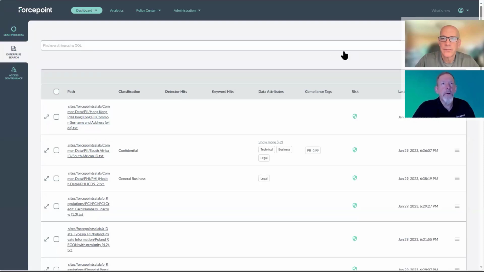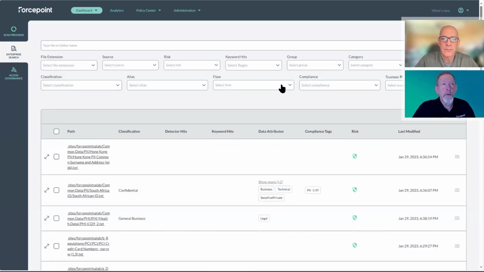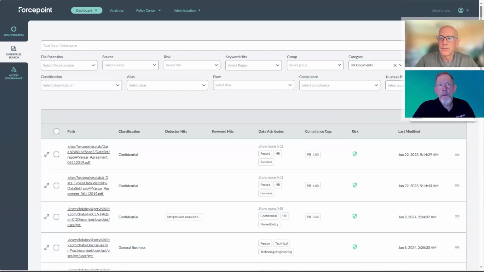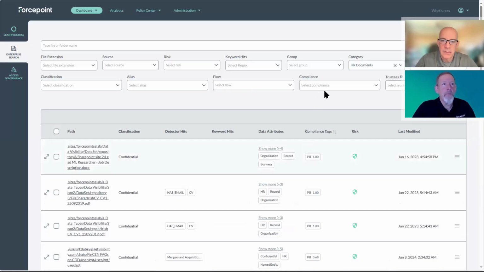So I could go into the advanced search here, and then you could basically scroll down based off of whatever primary category. Let's say you want to look for HR documents, and the subcategory is you want to look for a resume or something. Yep, exactly. So okay, let's try proposal. See if we got anything that matches that. And there we come up with some resumes. So yeah, we do HR documents, subcategory resumes, and then you can narrow that down even more based off of the risk or specific sources,